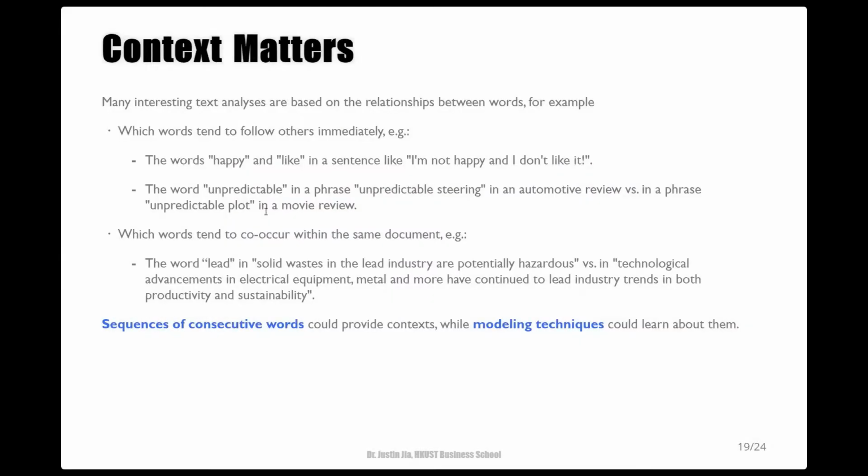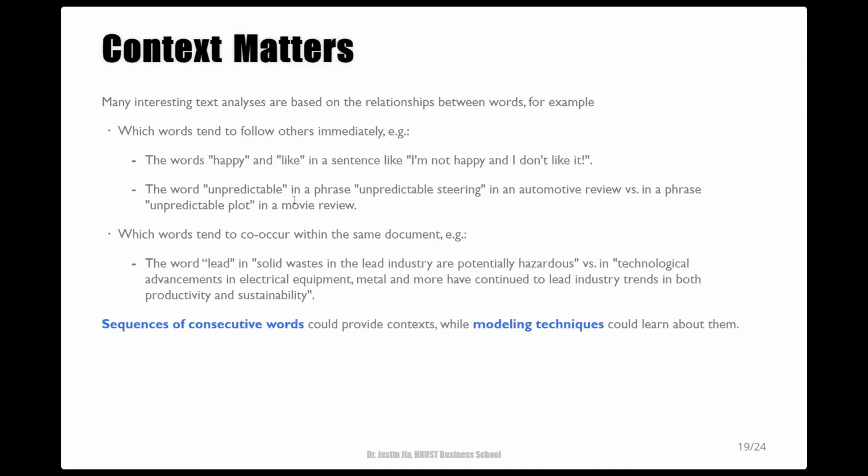And many interesting text analyses are based on the relationships between words. For example, which words tend to follow others immediately? In a sentence like, I'm not happy and I don't like it, the words happy and like will be counted as positive, because unigram-based measures cannot take into account negating words before these words.